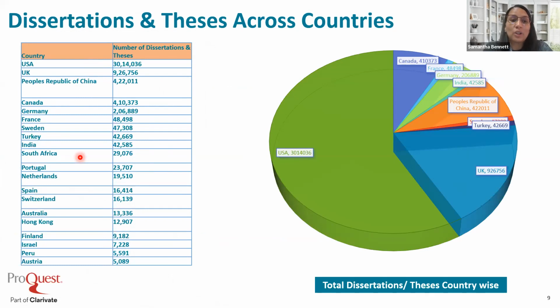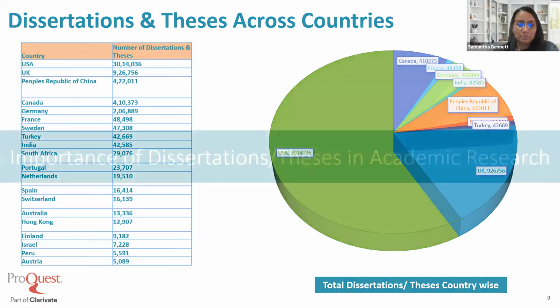Now, at this point, you may ask, how can your institution or your university become a participant? My colleague Sanjay, I'll allow him a couple of minutes just now so that he can speak about how your university or institution can become part of this platform, and how you can upload your own institution's dissertations and theses on the ProQuest platform as well. As you can see, there's quite a great number of institutions that participate on the platform and have access to it.